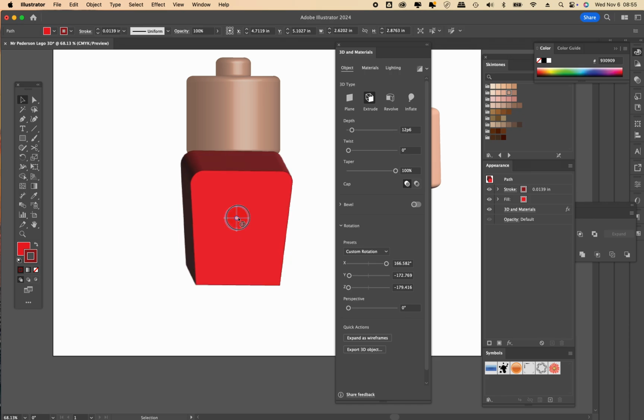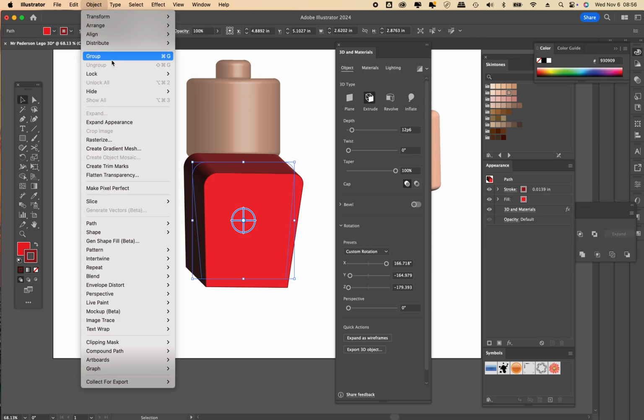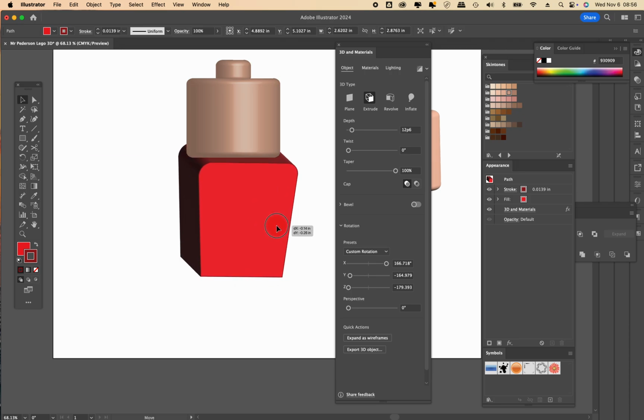Maybe we want the character to be looking off this way, but you notice, just like in all of our other designs, I need to pay attention to where I am stacked on my layers. The body is out in front of the head. So I'm going to go up to Object, Arrange, and I'm going to send it to the back. Now I can move it